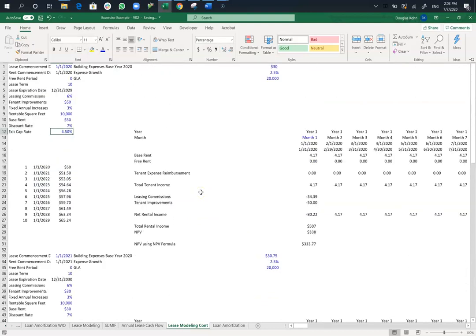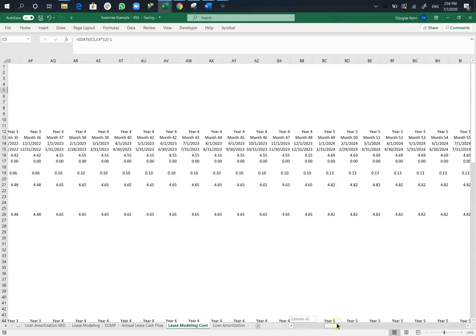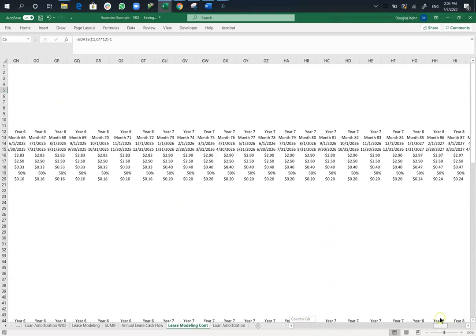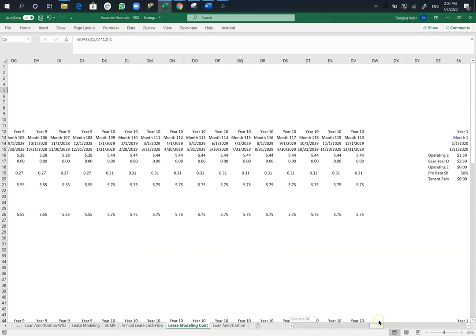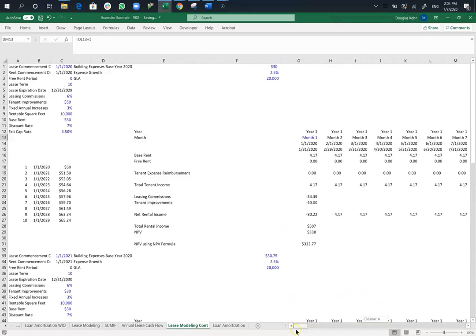Now, this is a 10-year hold. So we have a lease expiration date of 12/29. We're going to assume that it's a year before that because we need an NOI that goes out one more year than the sale, which we didn't build out. So we'll sell in year 9,